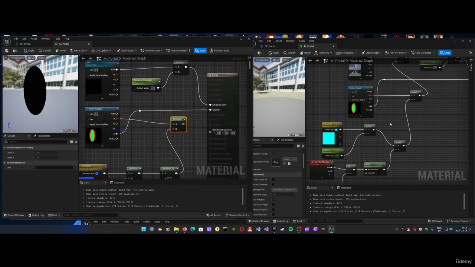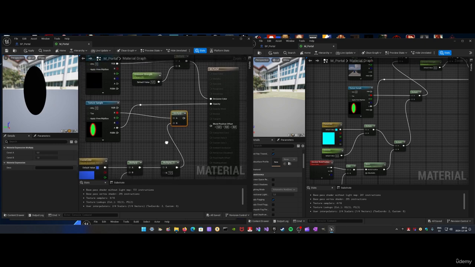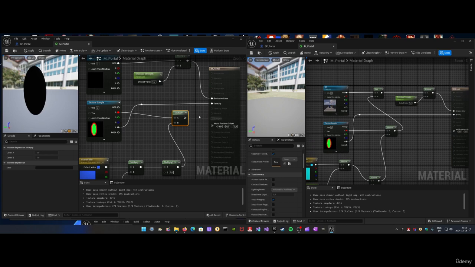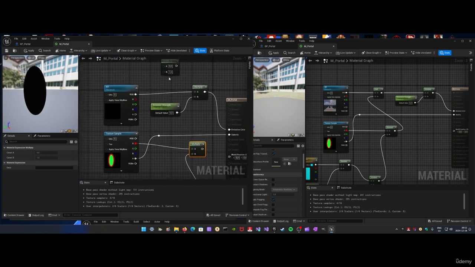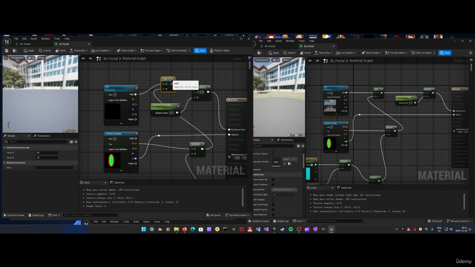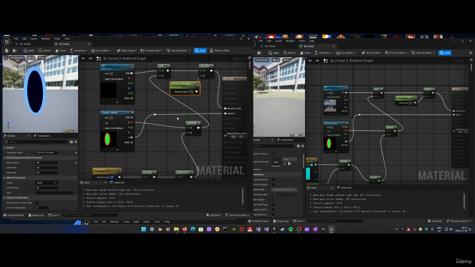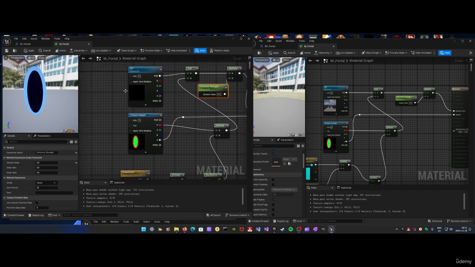And this should really go to this multiply, and this should go to this one here. Connect this to the lower part, and the upper part goes here. And it goes here. All right, so I'm gonna explain later on what we're doing, but you can see currently we are getting